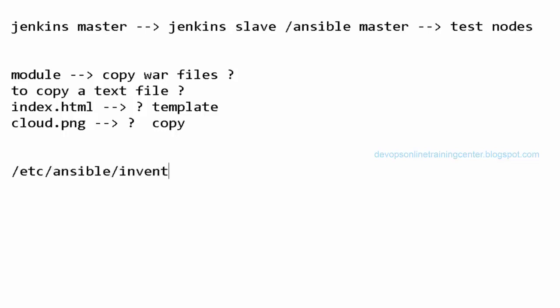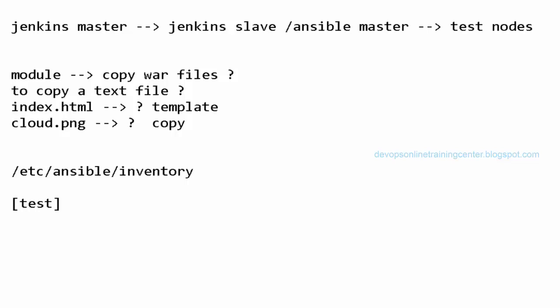So here we create a group, something like test. Under test we specify all my test nodes. So this particular binary will be copied to all the test nodes. If you have project specific commands, those also we can mention in the module so that they will be executed, like start the application, stop the application, start the application, then do something, so that these changes come into effect, right? So based on the requirement, we can choose different ways.